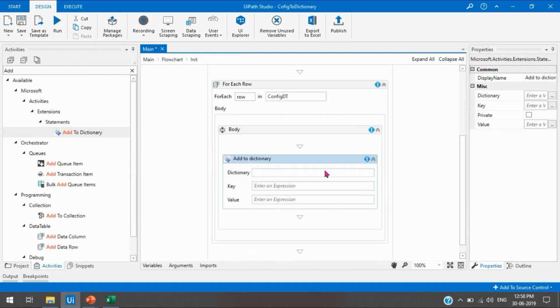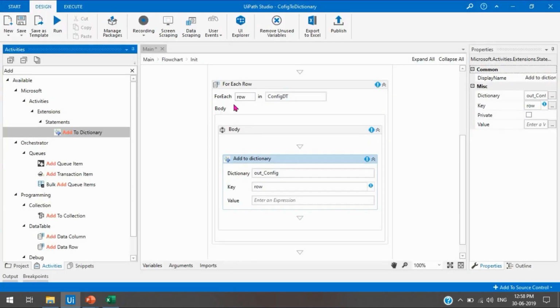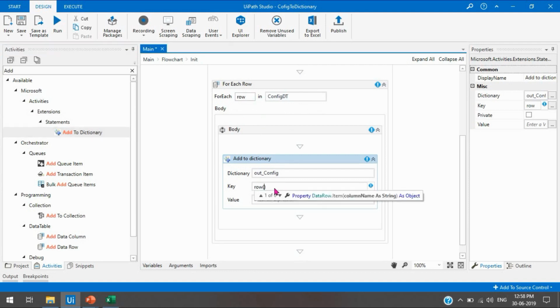And now here the dictionary will be out_config. The key will be the name, now we have the key name in the row because we have read all this sheet data into the data table. So now we have all this data in row. So we'll take row, then open bracket, close bracket, in double quotation we have the name, and then toString,